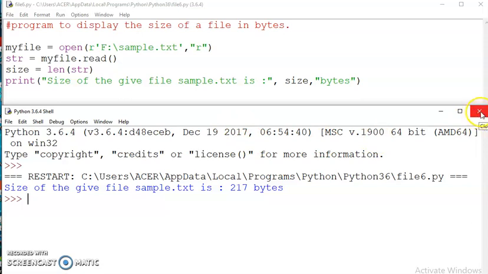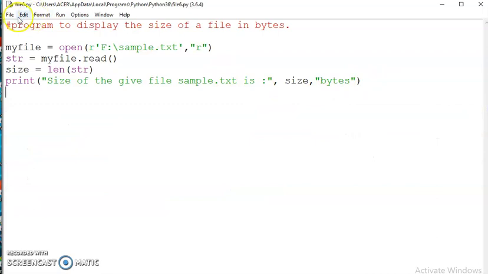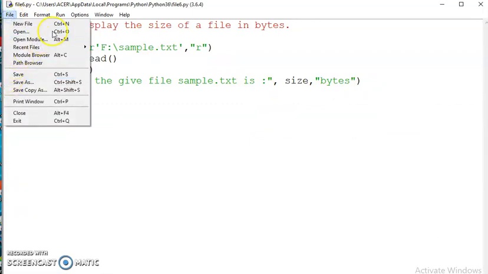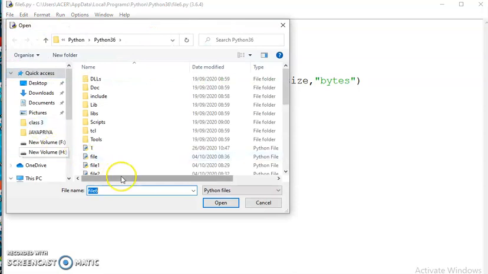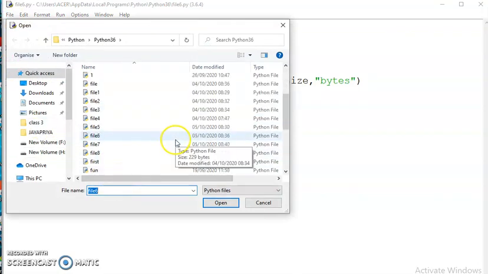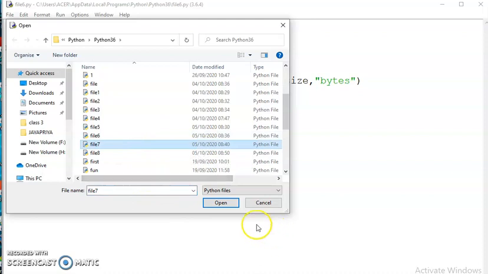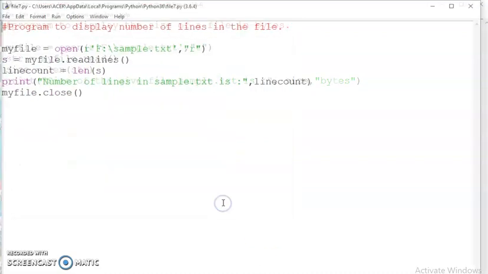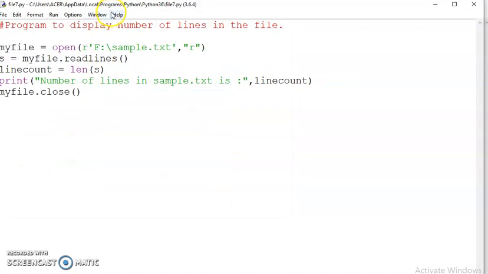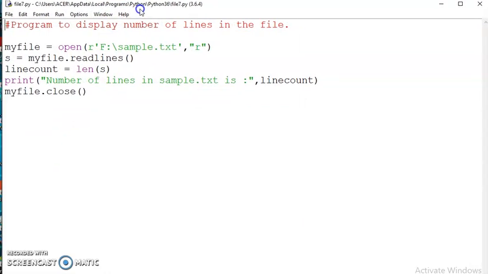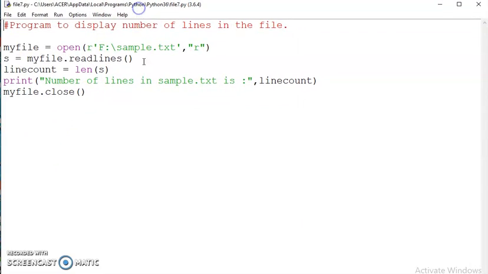Now let us look at another example. Here I'm opening one more file. This program displays the number of lines in the file. myfile = open("sample.txt", "r"), s = myfile.readlines(), then line_count.